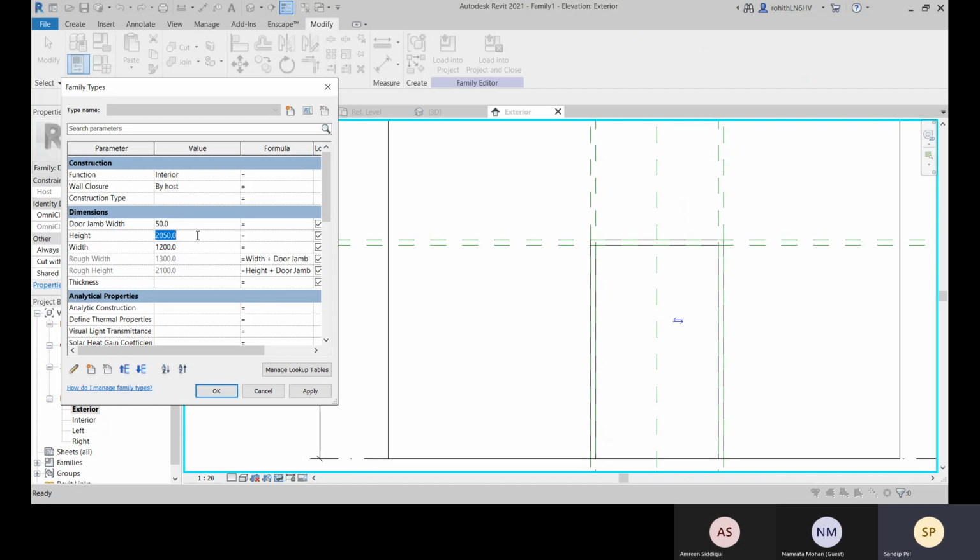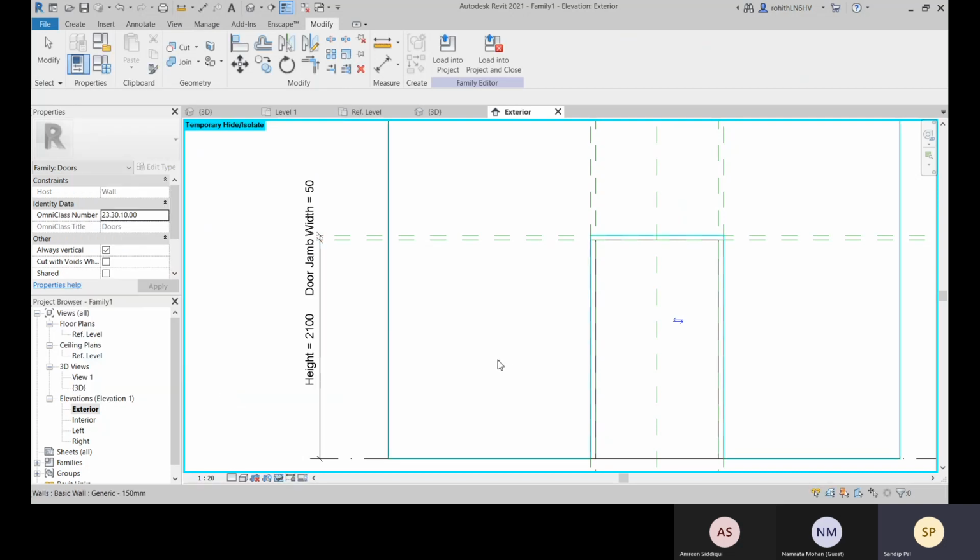Now if you change the height only, let's change it to 2100 and apply, and there you can see this as a rough height. These things you will not be changing, but the value you can get. This way you can link it with this formula and apply.